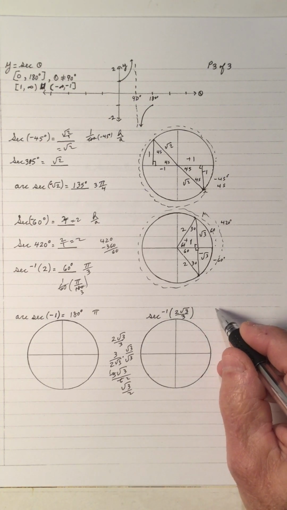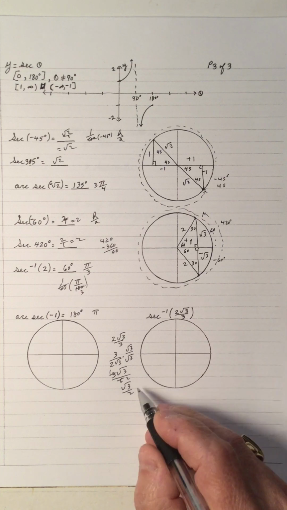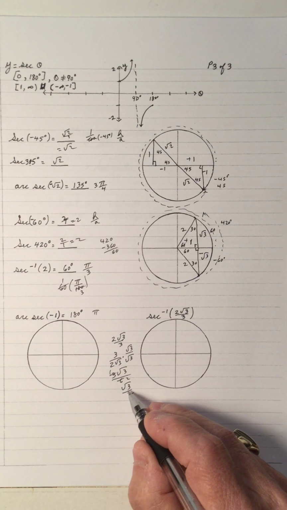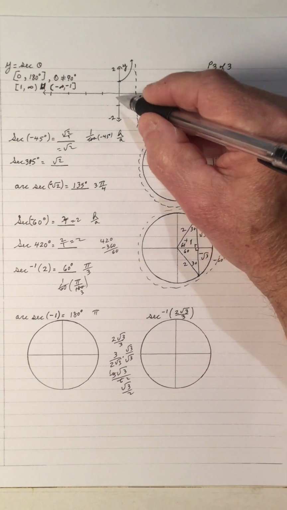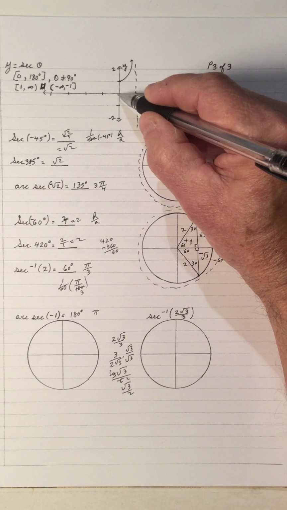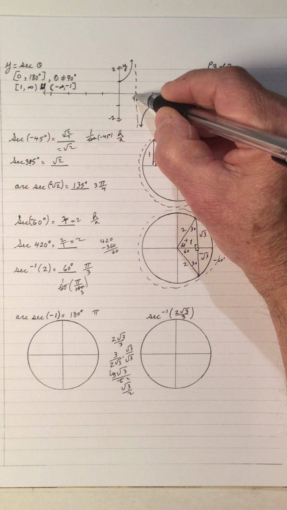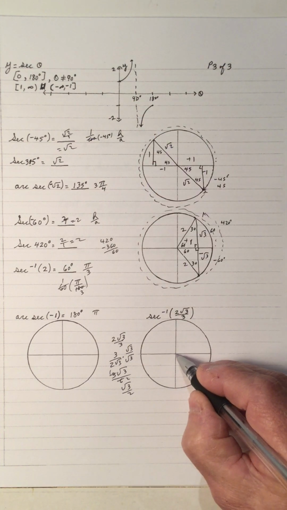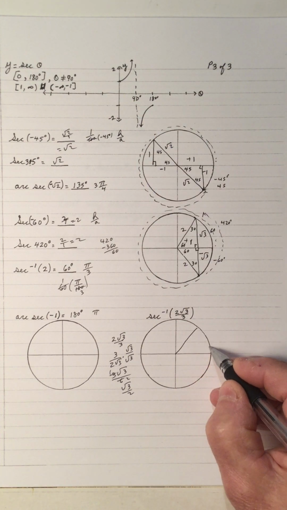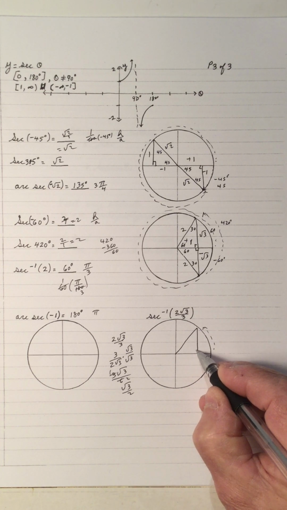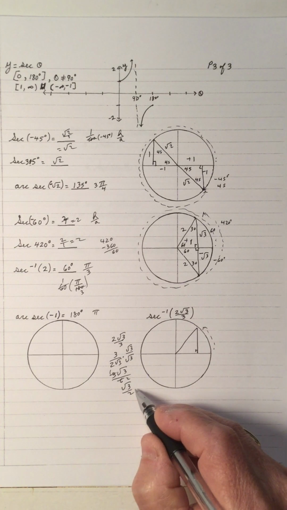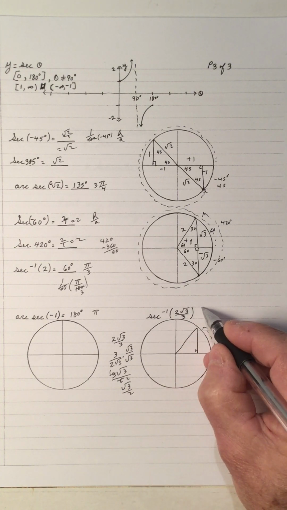And root 3 over 2 is the 30, 60, 90 right triangle. But the arc secant, this is positive. So because it's positive, it has to be between 0 and 90. That means it must be in the first quadrant. So the rotation of this angle is here, and perpendicular to the x-axis. And that means that this is